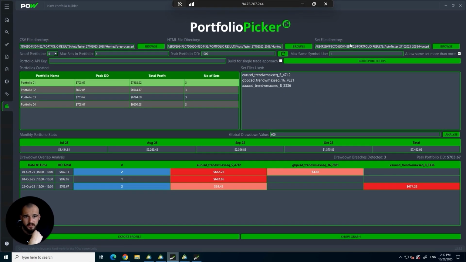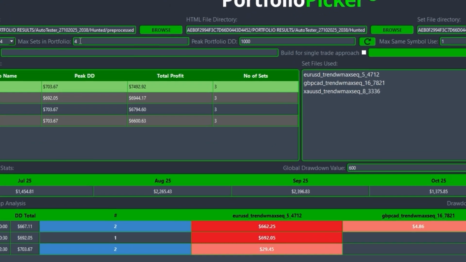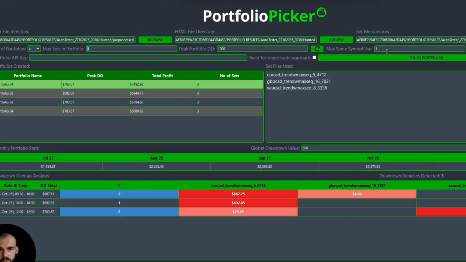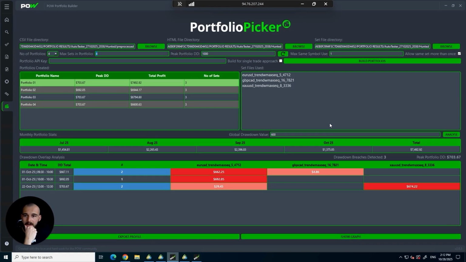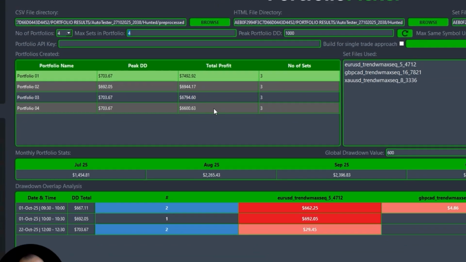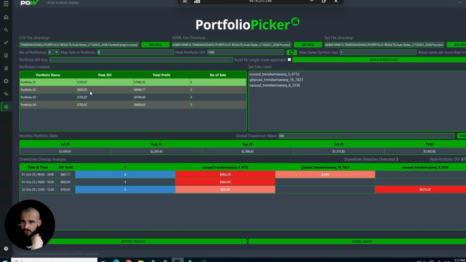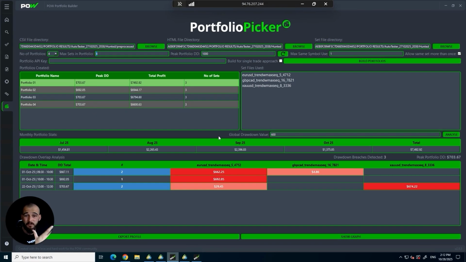Showed them where the results are saved that I've just exported, build me the portfolios. I should have put max sets 3 here, but I'm only using max same symbol use of 1, so it's only going to give me 1 for each pair anyway. And you can see it's generated me 4 portfolios. Peak drawdowns around 700 for all of them, which is absolutely fine, well within where I want to be,